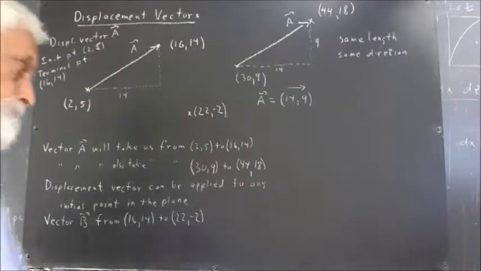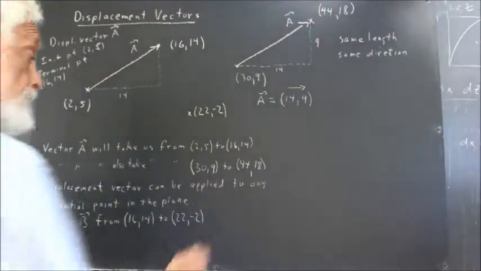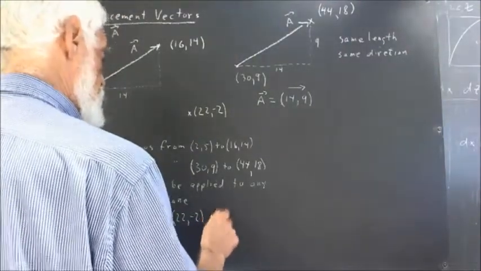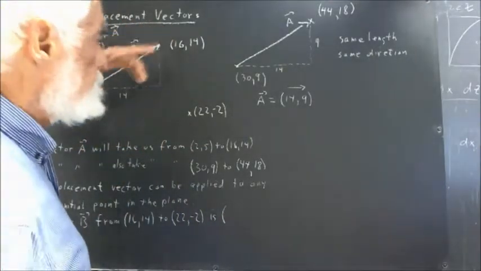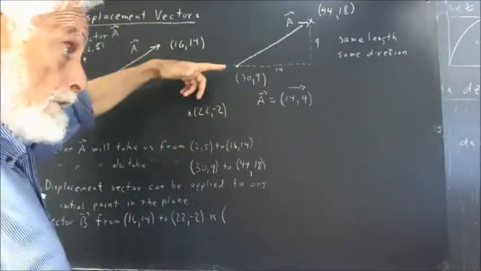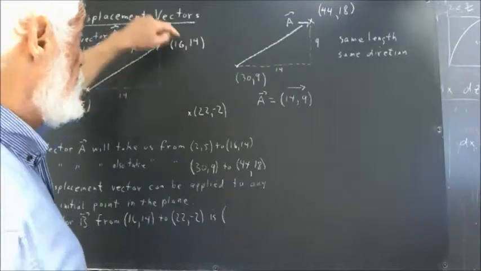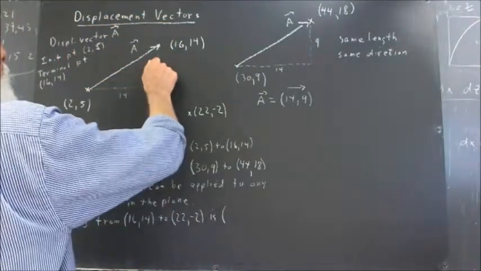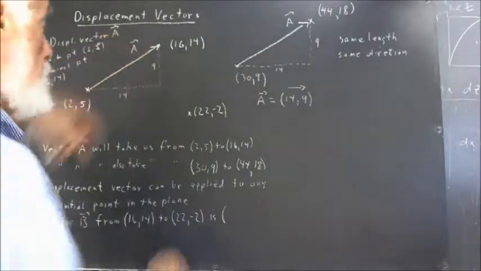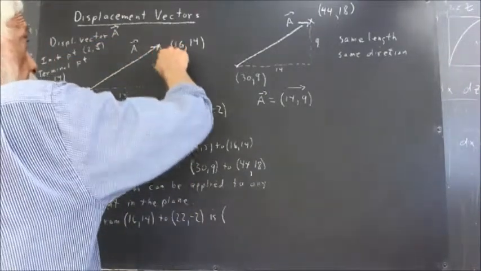Well, you should pause and do that yourself. It's what? The x component of that vector is 22 minus 16. That would be the run if we go from 16 to 22. Okay, so if we do this displacement vector,